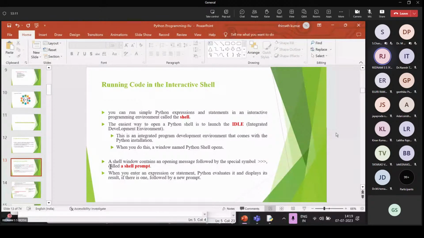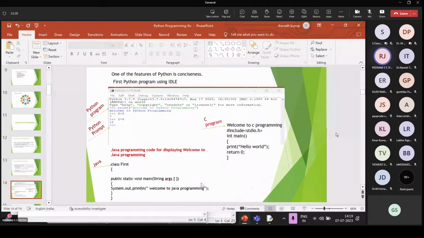A shell window contains an opening message followed by the special symbol of three greater than signs, called the shell prompt. When you enter an expression or statement, Python evaluates it and displays its result, if there is one, followed by a new prompt. This is one of the features of Python: it is concise.